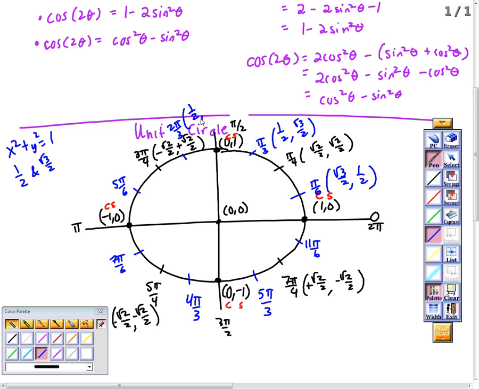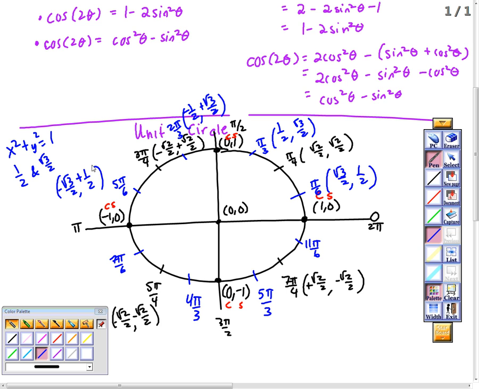There's a 3 on the bottom. I know the front's a half. The back's root 3 over 2. And then I check the sign. Sign should be what? Check it again. Negative and positive? 5 pi over 6. There's a 6 in front, so don't worry about the sign right now. But what should the number be? Root 3 over 2, comma 1/2, because 3 times 2 is 6. This is reduced. So the sign should be